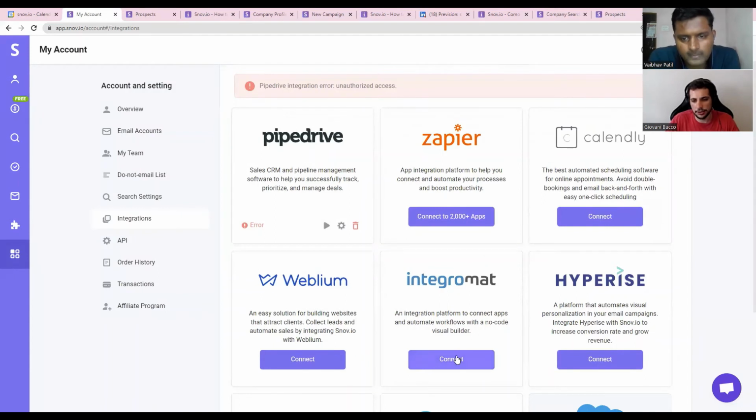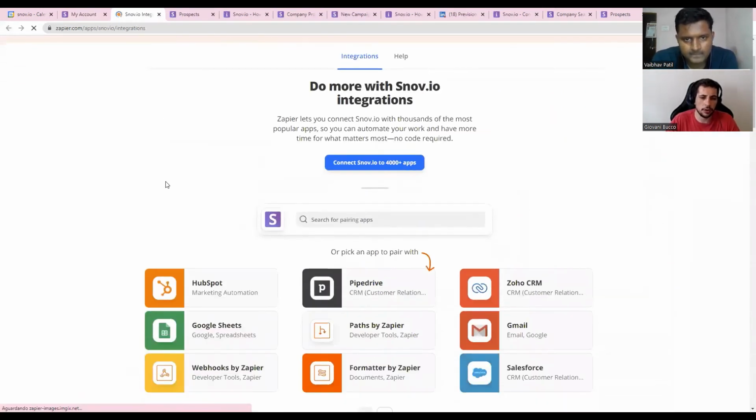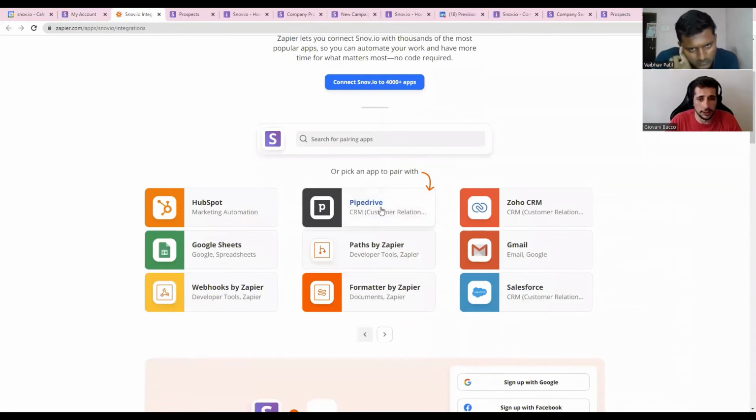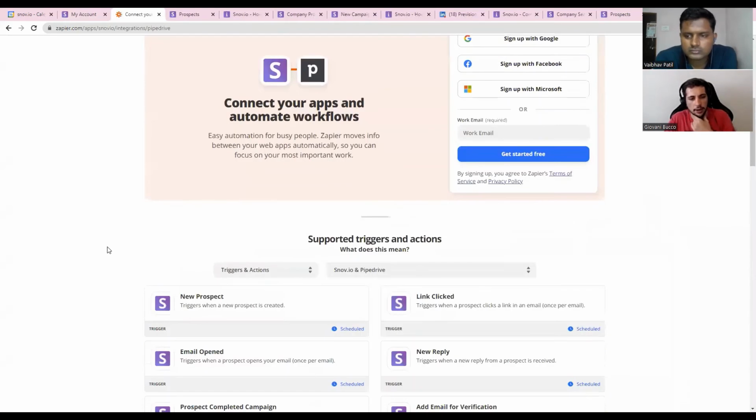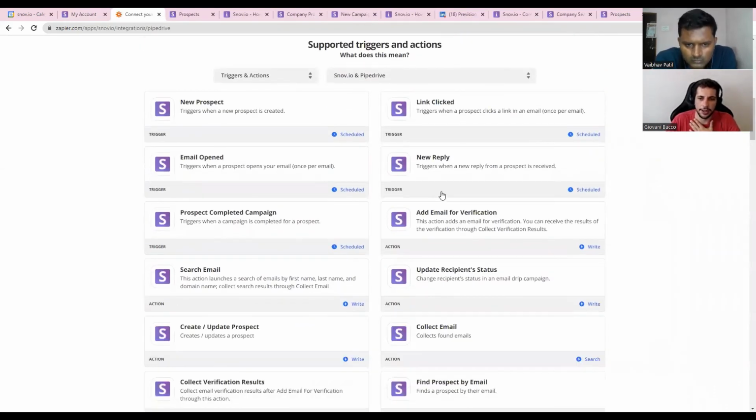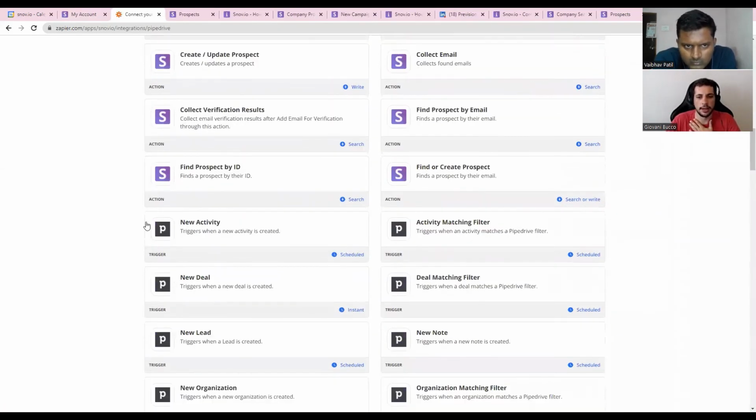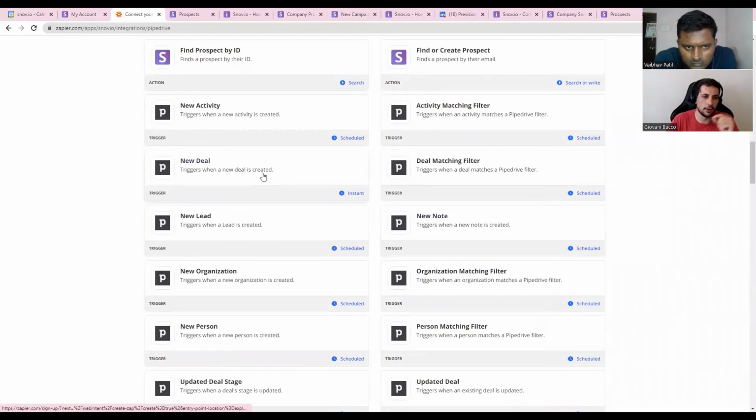We can either use Integromat or Zapier. This is no code, low code for us. Let's say you use Pipedrive. What I usually suggest is that once we receive a reply here on Snovio, we can create a new deal on Pipedrive or any other CRM that you'd like.